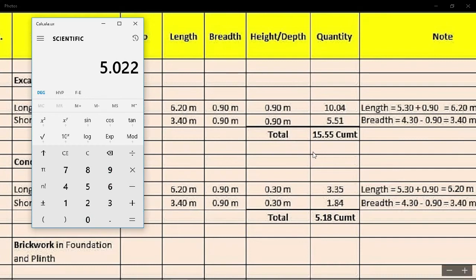So it will give us, that's wrong again. So we have a length of 6.2, multiplied with the breadth 0.9, multiplied with the depth 0.9, so we have 5.022